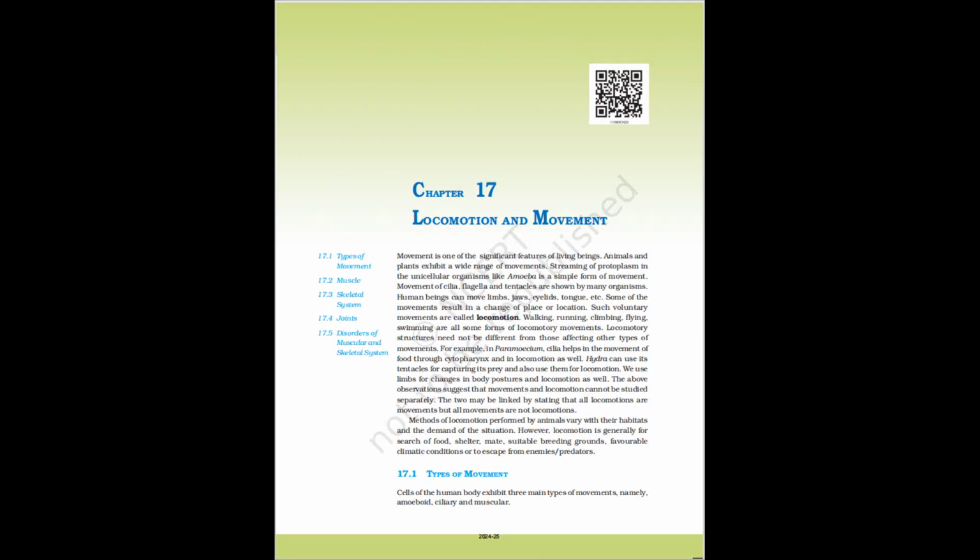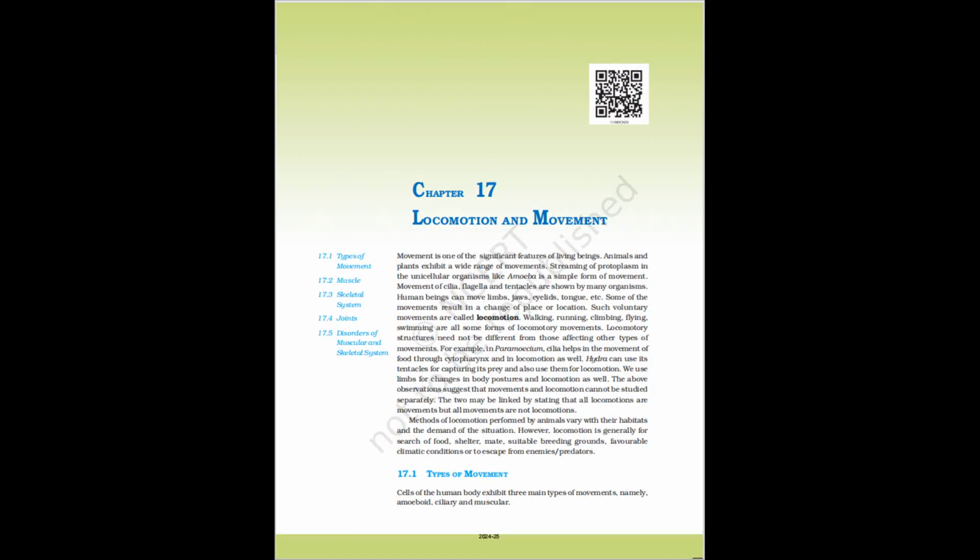Ciliary movement occurs in most of our internal tubular organs, which are lined by ciliated epithelium. The coordinated movements of cilia in the trachea help us in removing dust particles and some of the foreign substances inhaled along with the atmospheric air. Passage of ova through the female reproductive tract is also facilitated by ciliary movement. Movement of our limbs, jaws, tongue, etc., requires muscular movement.